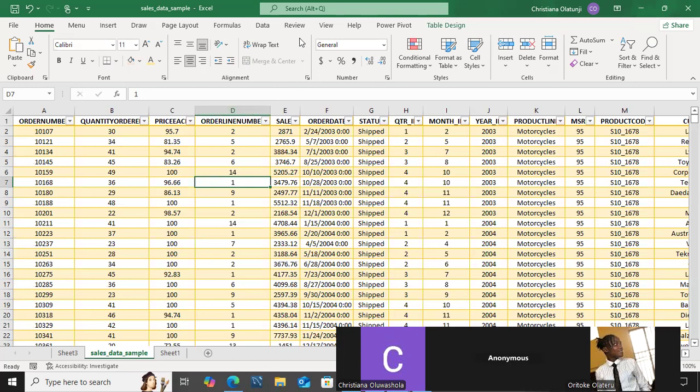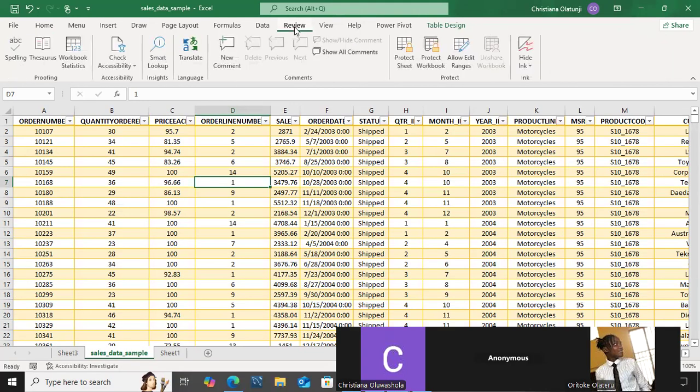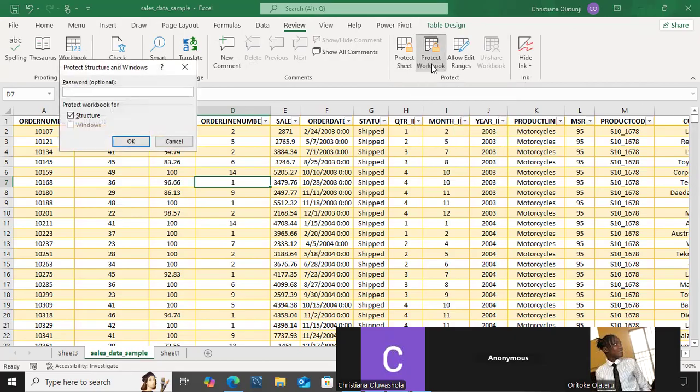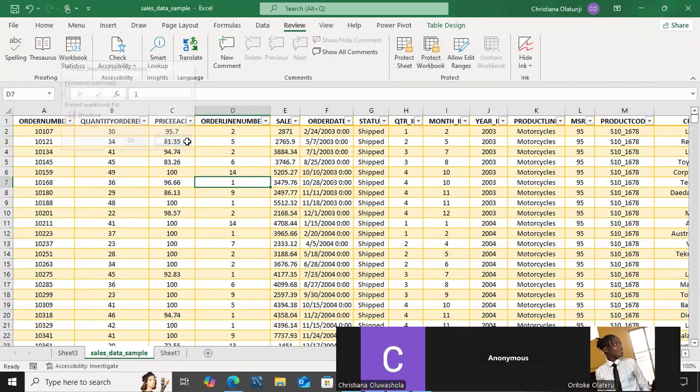It's very simple. I go to my Review tab and I see Protect Sheet and Protect Workbook. So I can either protect all of the sheets in this workbook, that is on a workbook level, by clicking this. But if I want to protect this particular sheet,